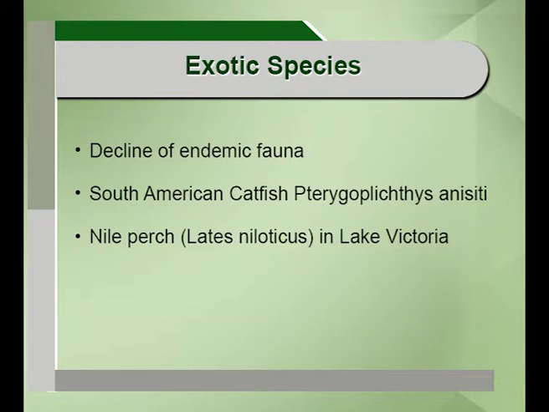The scientific name is Lates niloticus. This has been introduced in Lake Victoria, that is in Africa. And this Nile perch has completely devastated the cichlids, Haplochromis, that is the scientific name. This has been severely affected by this exotic species, the Nile perch. More than hundreds of species of cichlids, that is Haplochromis, have been severely affected by the Nile perch. That's how devastating this exotic species is, you must understand.